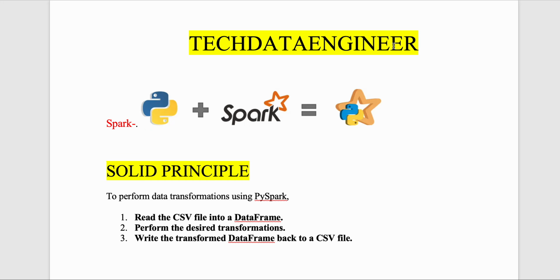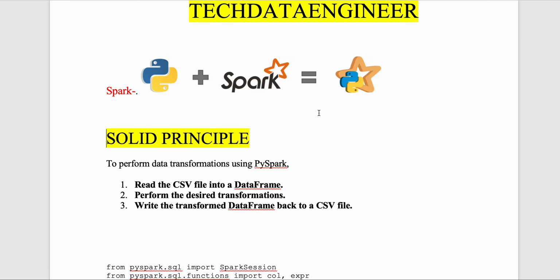So in this example, what we are doing is basically reading the data from CSV, performing the desired transformation, and writing the transformed data back to CSV. Okay,